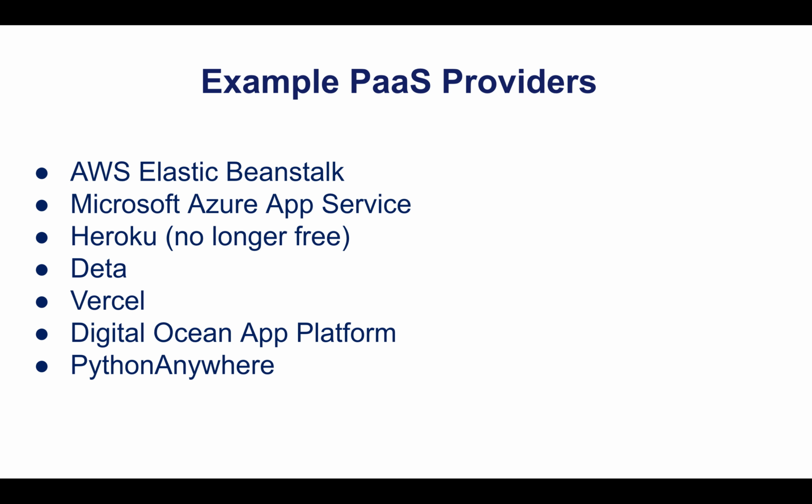It was a similar story with DigitalOcean's app platform, and Python Anywhere is actually a really great platform as a service provider who I've used quite a bit in the past, but unfortunately they don't support ASGI, which is required for FastAPI. So if you're using Django or Flask, then Python Anywhere would be a good shout. But for us here, Railway was a good option.